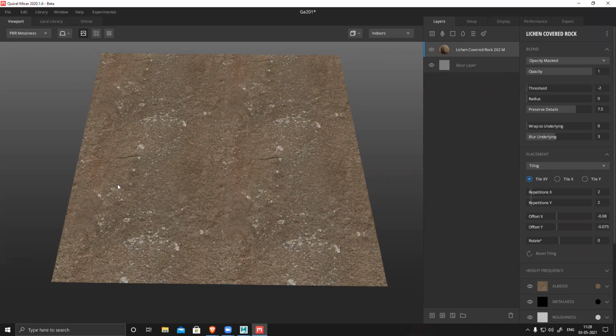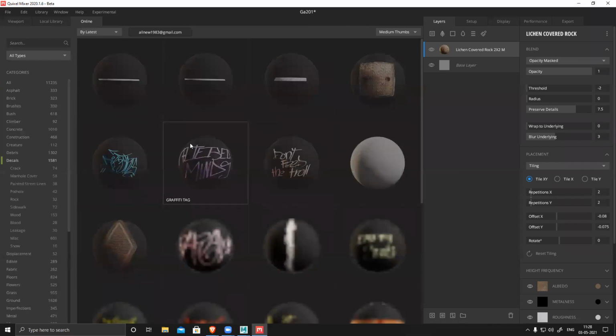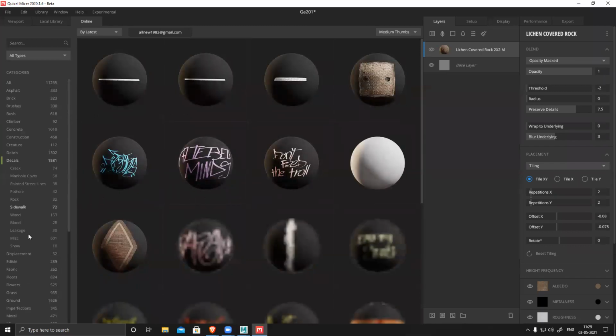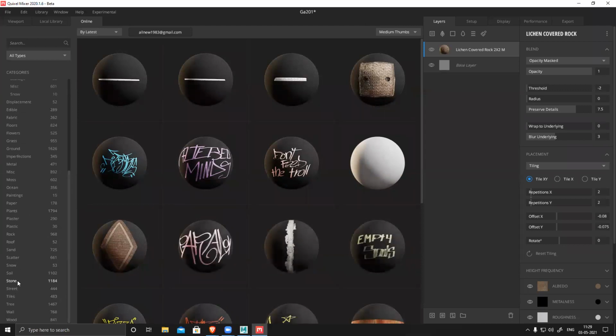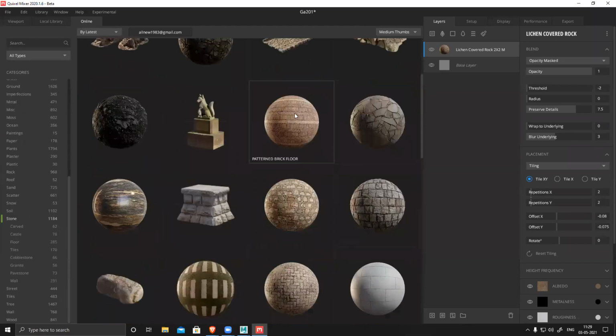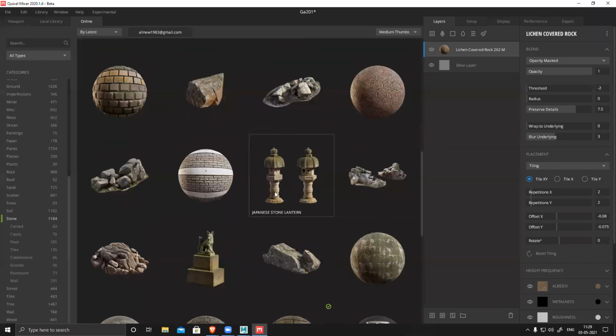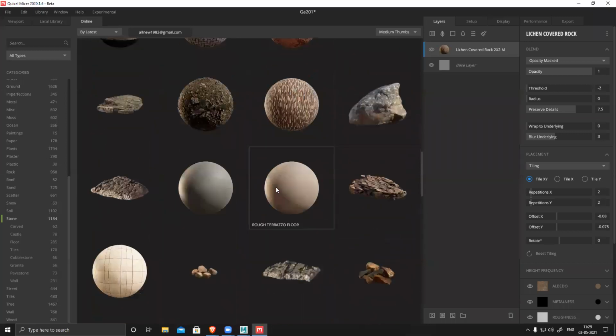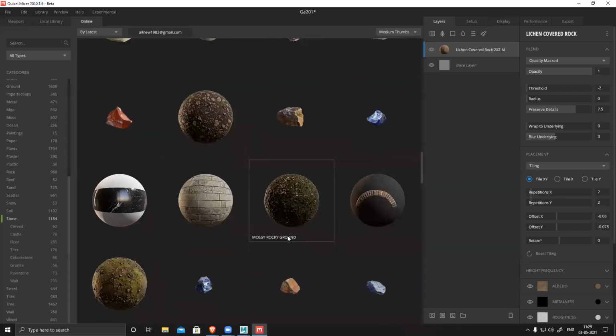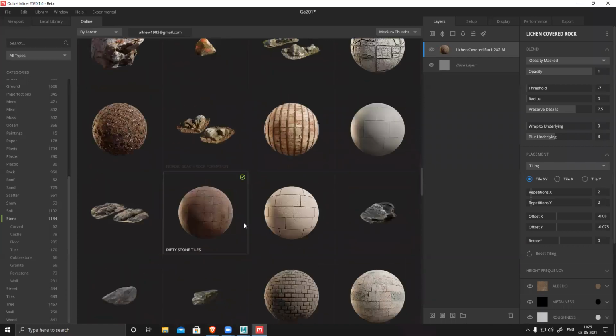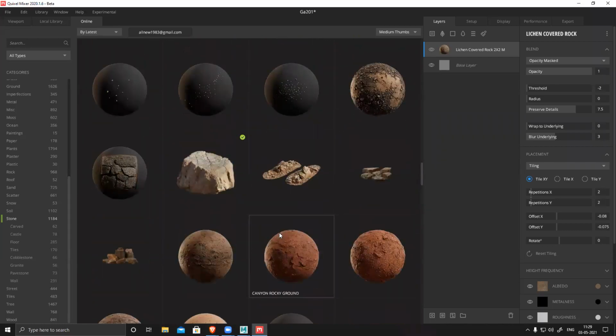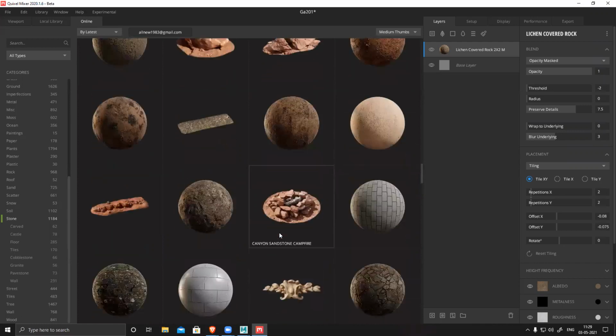So first, this is my base texture. The logic is the same as Substance: you create a base, then on top of it you start adding things. So first thing first, this is my base. Now I want that design part, so I can go and let's see. I can use a decal map. I guess we have some patterns. If you want to use something customized, you can definitely use that. I'll bring it here, and we'll add some design.